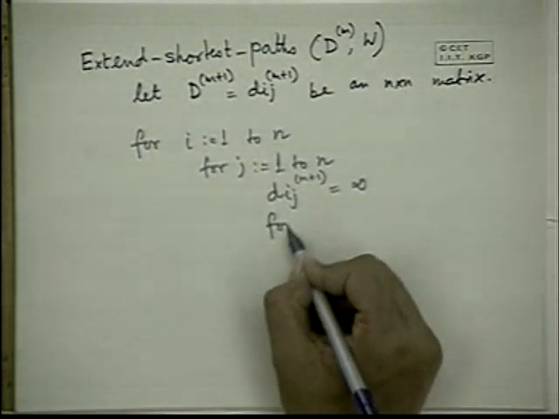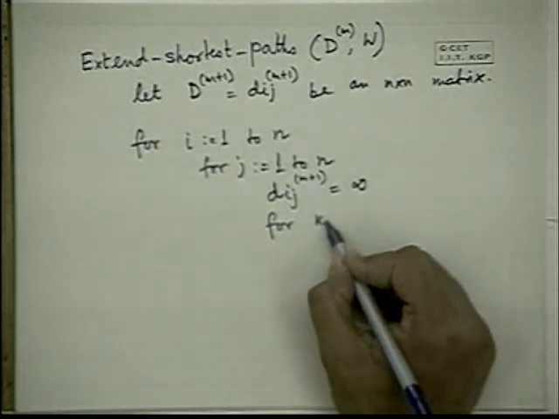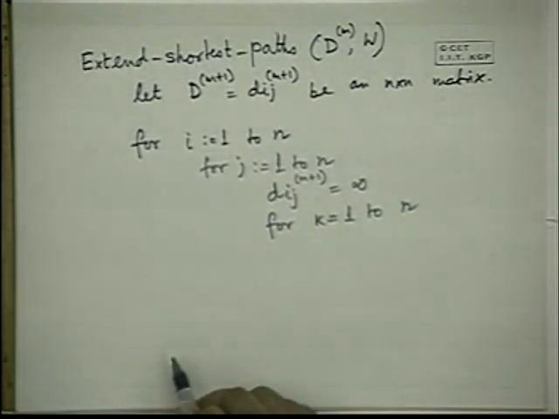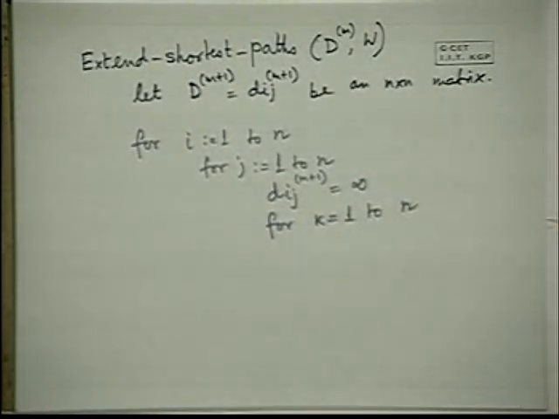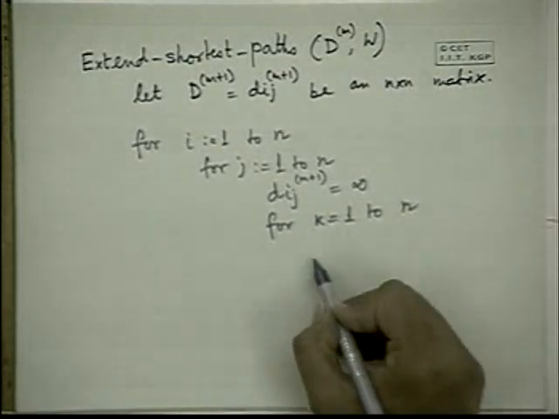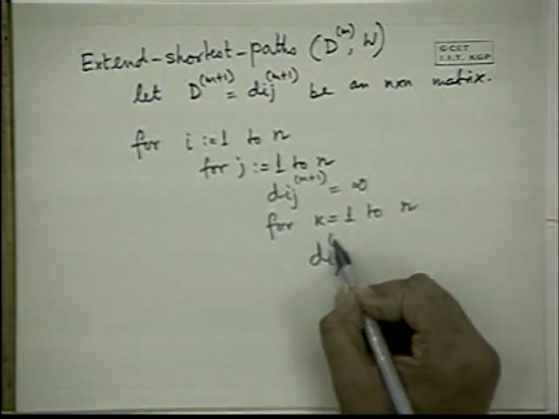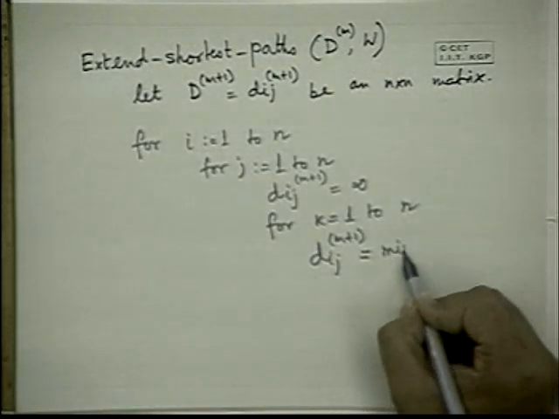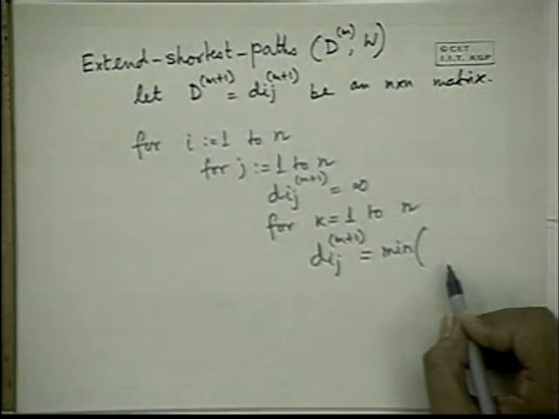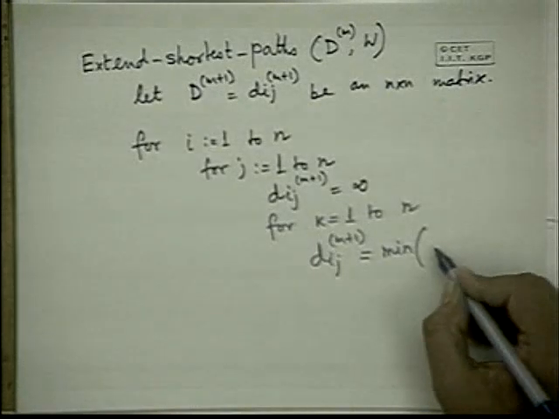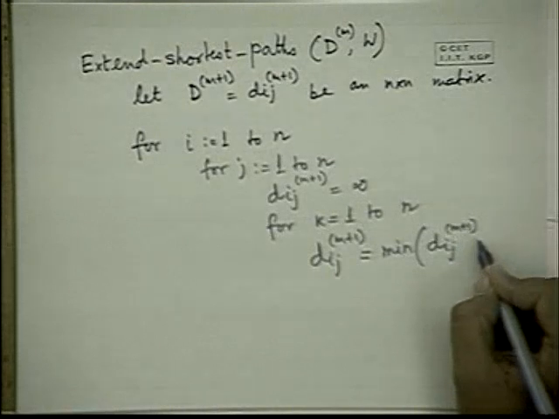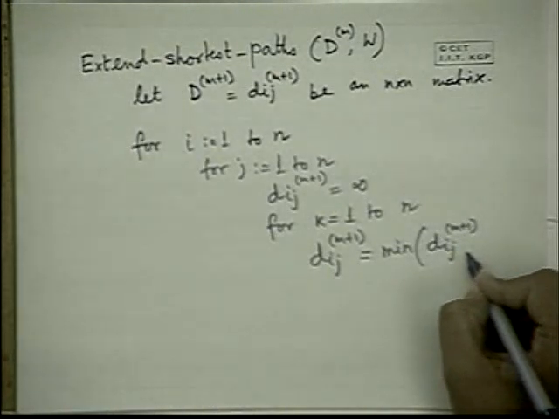Now here is another for loop where k is varying, k is equal to 1 to n. Now I am going to implement that recurrence relation. k is varying from 1 to n. So what must dij m plus 1 be equal to? Minimum of dij m plus 1, comma,